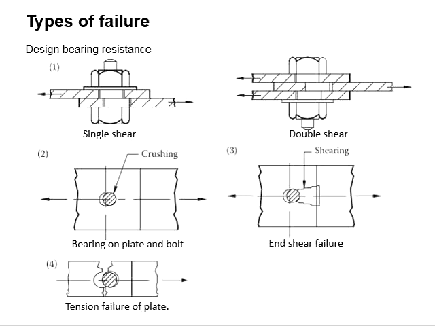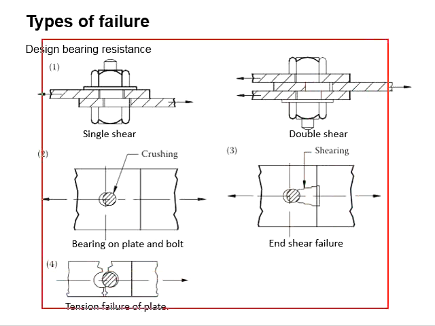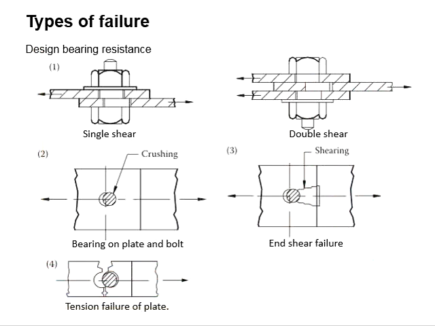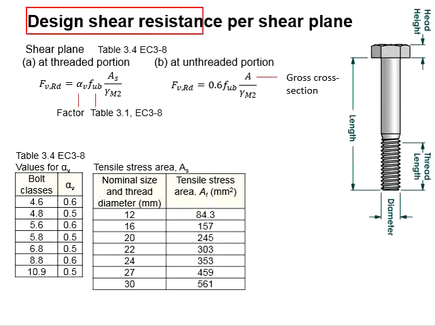In previous videos, we have discussed various types of failure of bolted connections and the tensile splice. The failure can be due to the bolt, or due to the bearing, or due to the tensile capacity of the plate itself. This can be translated into three design considerations of the connections, which are the shear resistance of